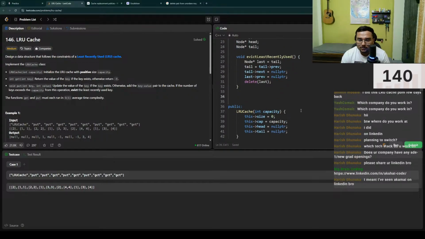And then there is one more function which is just delete node, and we are given a reference of a node. So simply